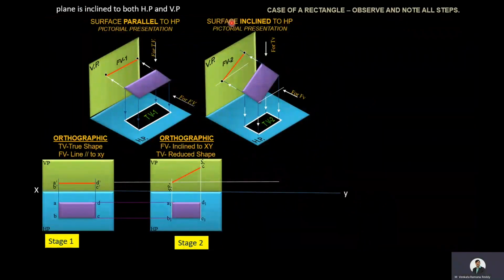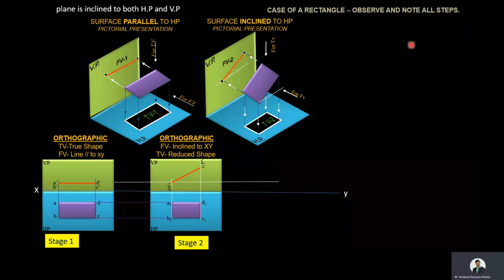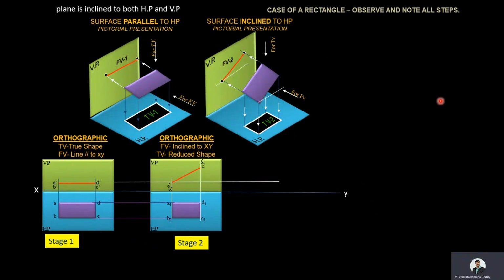This is the pictorial representation of the information supplied in the problem related to the second stage solution. Here in the case of this second stage, the plane is making an angle theta degrees to the HP and it is standing on its shorter side and it is perpendicular to the VP. But in the case of third stage, we are going to tilt the shorter side so that it is going to make an angle 5 degrees to the VP. Now we'll move towards the third stage.